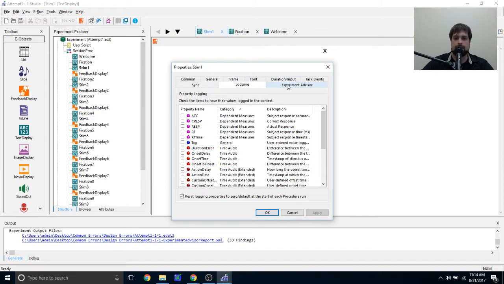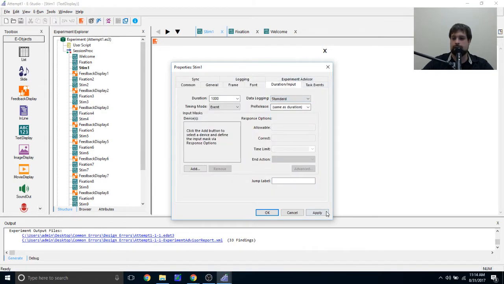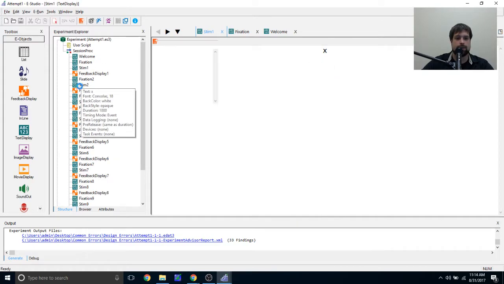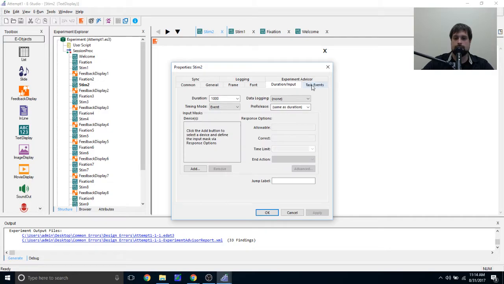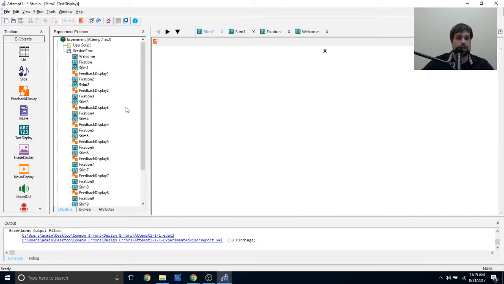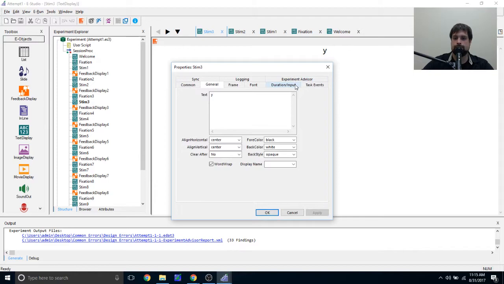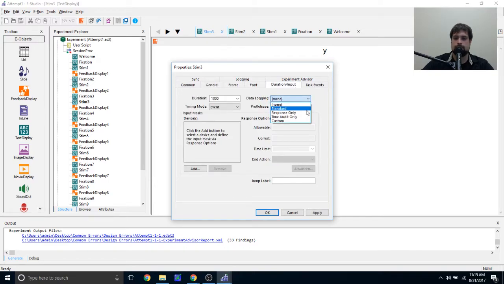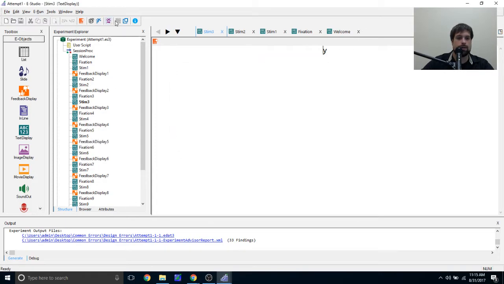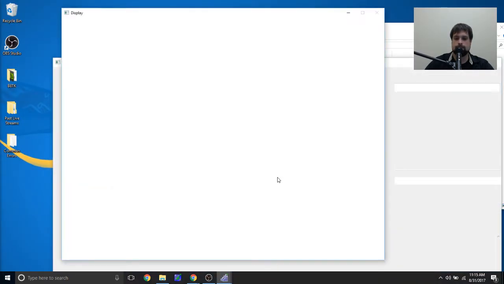So if I were to just go ahead and on my duration input, for example, I'll change a couple of them to standard logging. So for stim display 1, I'll just do the first 3. So 1, change stim display 2 here to standard as well. And then I'll change my stim display 3 to standard, just to kind of give you an idea of what the shape of the data file is going to be. There we go. So if I were to go ahead and run this one again,